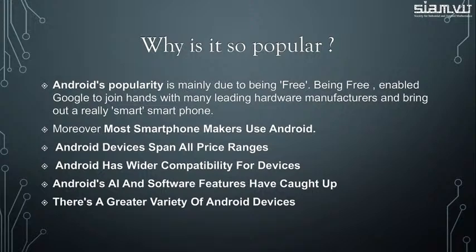Android's artificial intelligence features probably weren't on par for the past 5 to 6 years, but as of right now, they have completely caught up. And you can see Google Assistant and all of those AI software being used probably more than other operating systems' AIs, or at least equal to them, because it has gained a lot more popularity, especially with the release of the Google Home